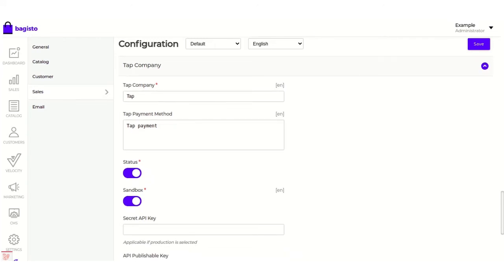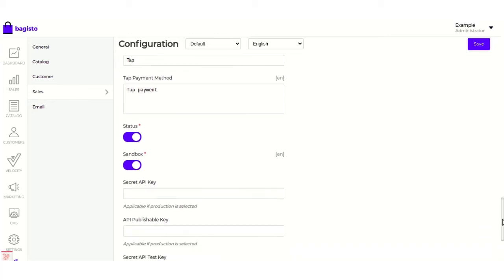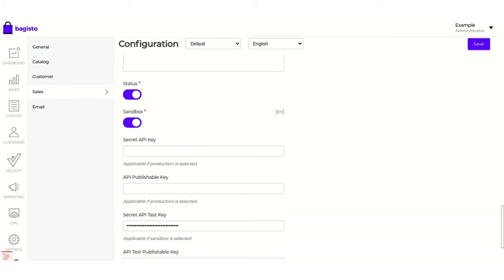Here the admin needs to enter several details such as name, description, secret API key and the API publishable key for the production mode, and the admin can also enter these keys for the sandbox mode. The admin can enable or disable the sandbox mode from this toggle button, and from this toggle button the admin can enable and disable the module over the store.